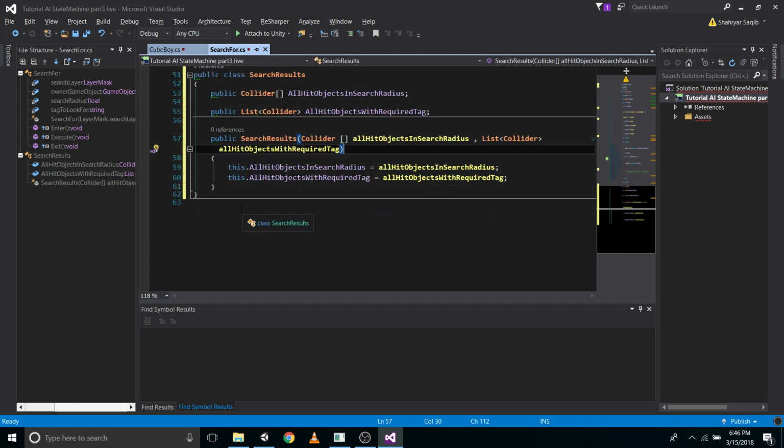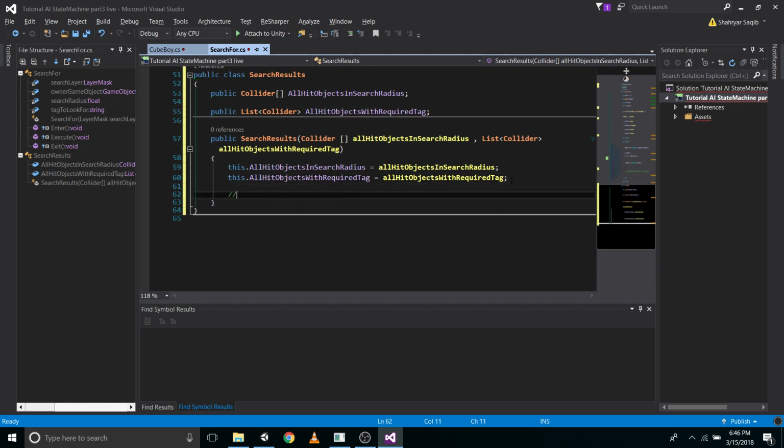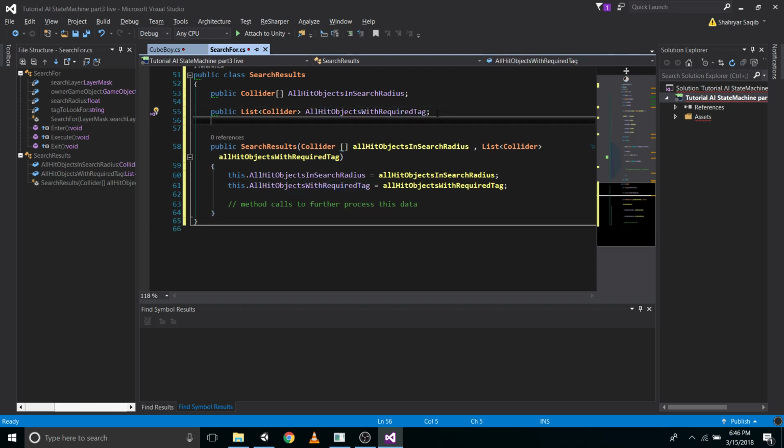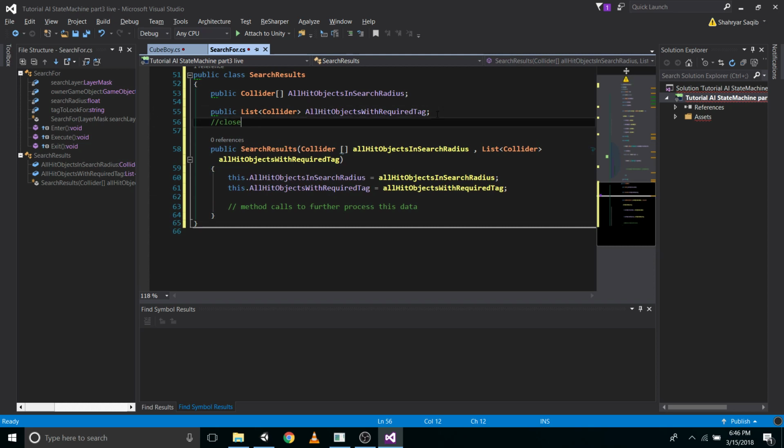Okay. After this, remember, this probably won't be in this video, but what you can also do is some processes on these objects by doing some method calls here, to further process this data. Okay, so what you could do is provide even more things like the closest object, farthest object, or